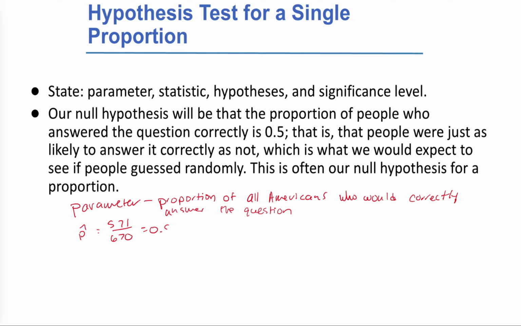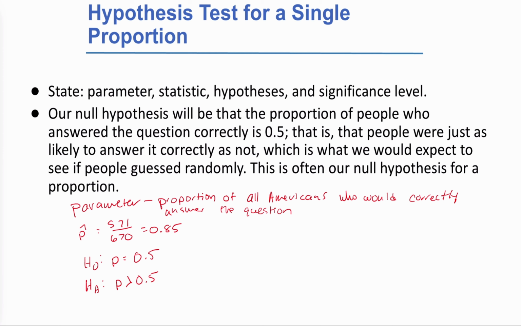It was 0.85. Our hypotheses: our null hypothesis is going to be, we said that p is equal to 0.5, which is what we would get if people guessed randomly. And our alternative hypothesis is going to be that p is greater than